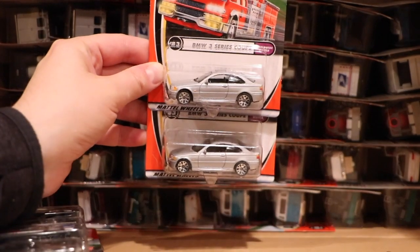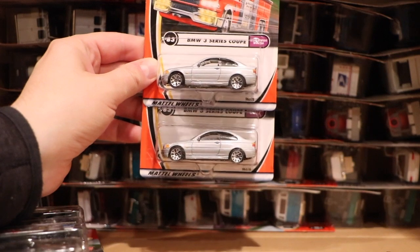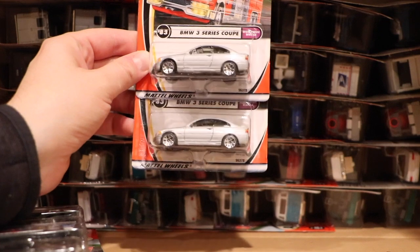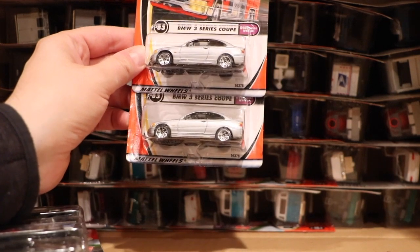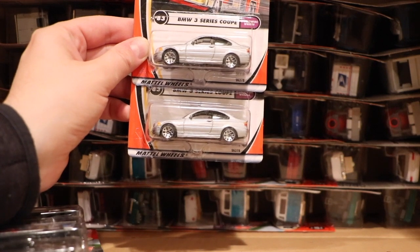This is fun to open because this is actually a model I've been looking for, and they're kind of expensive on eBay. So, wheel collectors, I might be keeping one of these and I'll send you payment. But this is the BMW 3 Series Coupe. I like it with these flower wheels. The flower wheels were new at this time. I think most people like this more